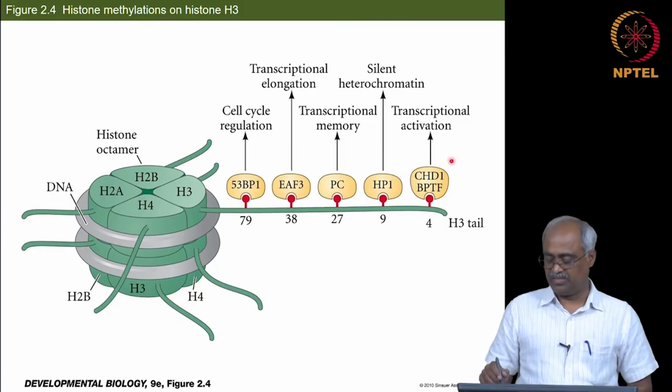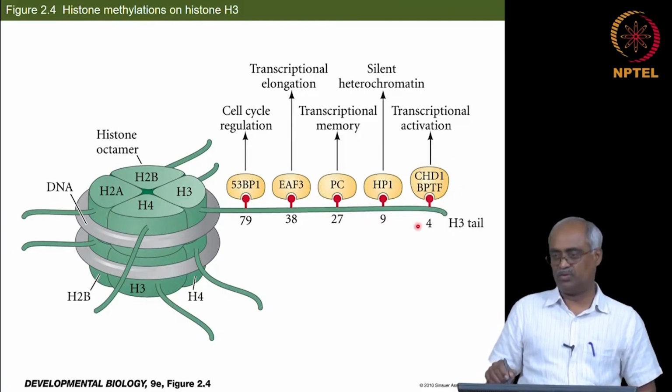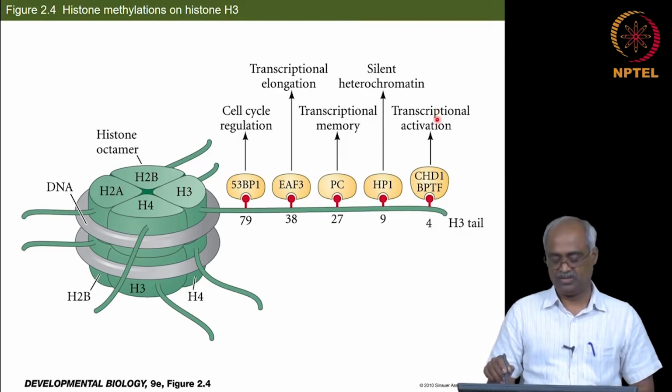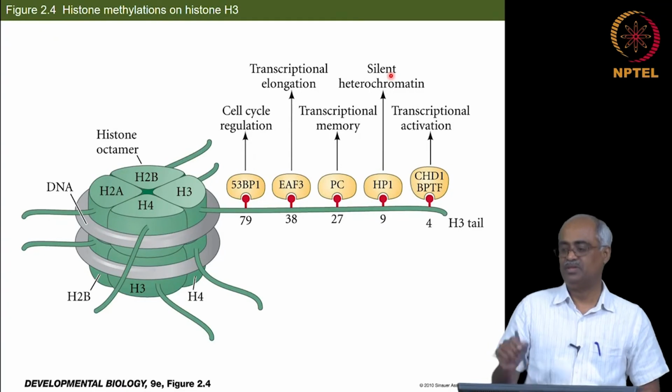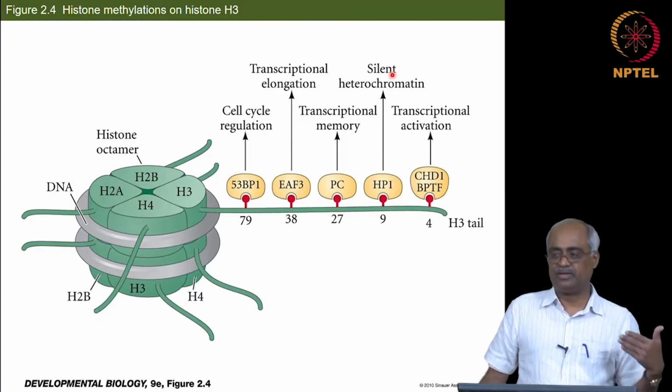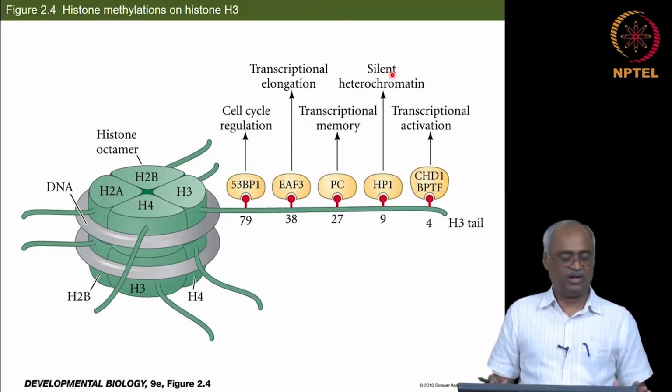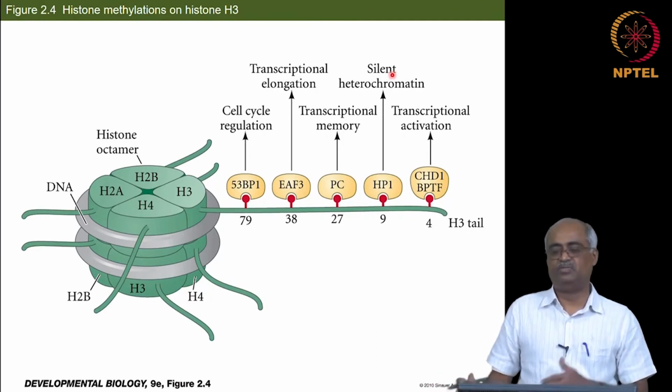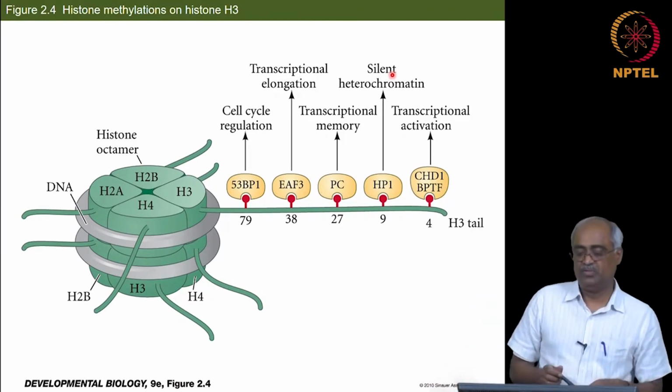These are shown here. For example, when H3 lysine 4, H3K4, is methylated, then this factor is going to bind and that leads to transcriptional activation. And here, H3K9 methylation gives silent heterochromatin. So, this is how modifications to histones can have an impact on gene expression. Here the control is at the transcriptional level, so the chromosome anatomy itself affects transcription. So, we have another layer that affects transcription.